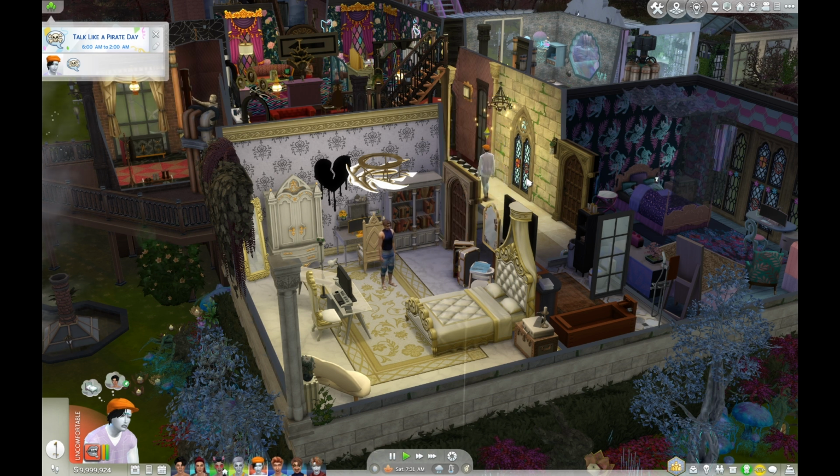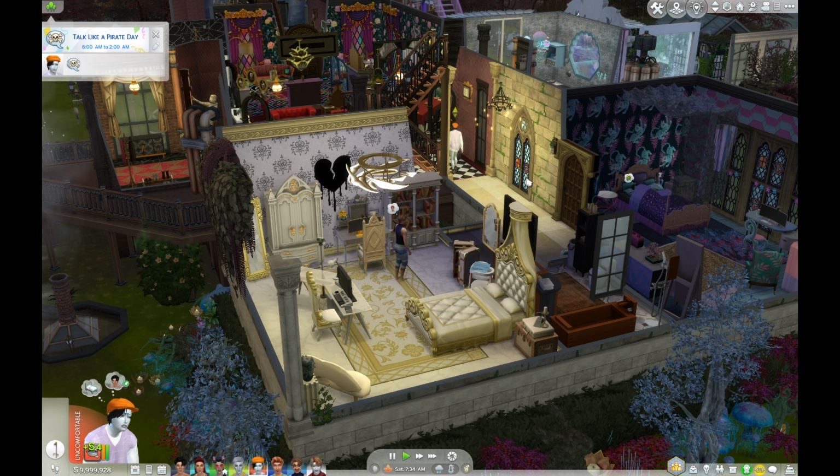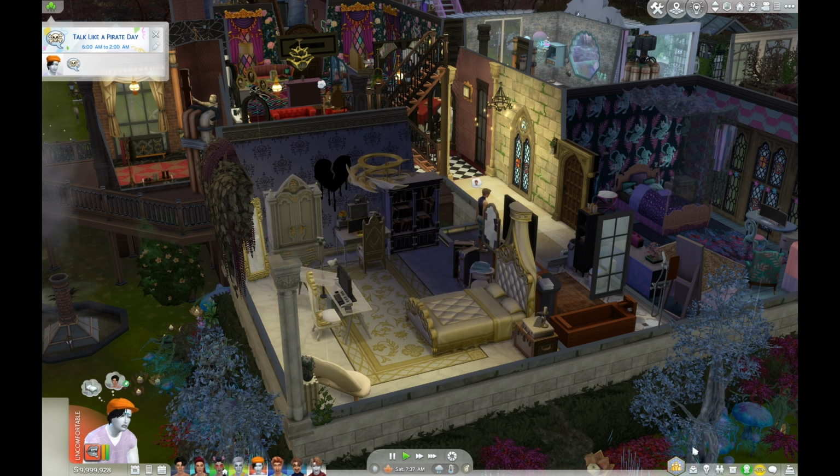Like, you can do it with the portraits. You can say, I'm going to dedicate this portrait to this sim, but the urn does nothing now. You have to have that sim's dead body, and I don't particularly...